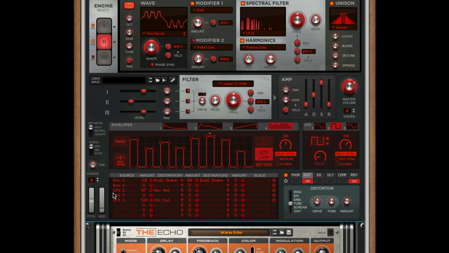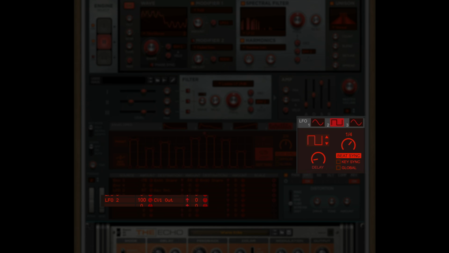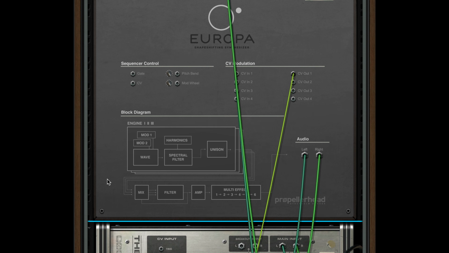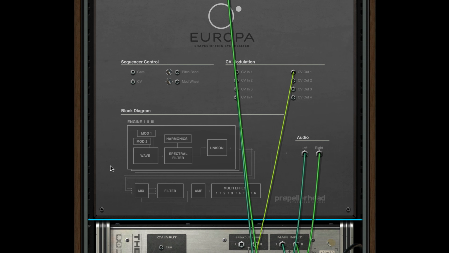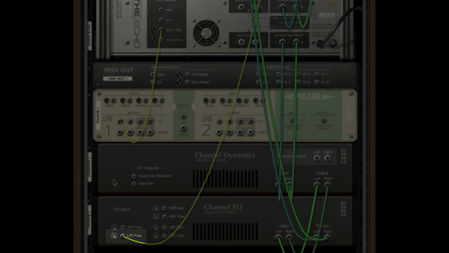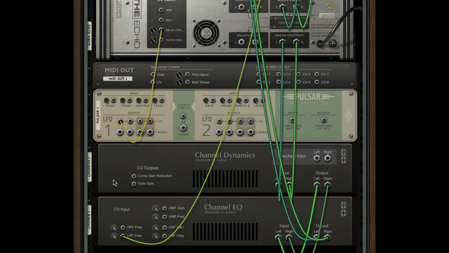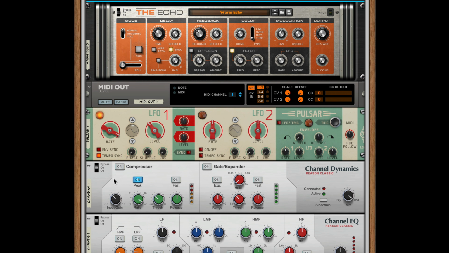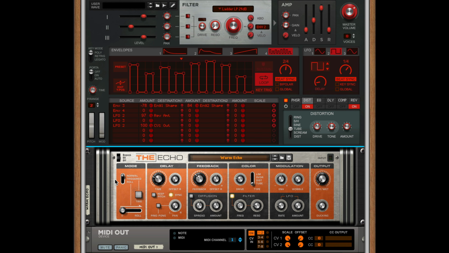In this case, I've taken LFO2, which is our quarter note LFO, and sent that to CV1 out using the mod matrix here. I then flipped the rack around by pressing Tab on my keyboard and sent CV1 out to the low pass filter frequency CV in on the Reason channel EQ. By adjusting this low pass filter frequency, I then had the same stepped modulator in Europa being sent out to